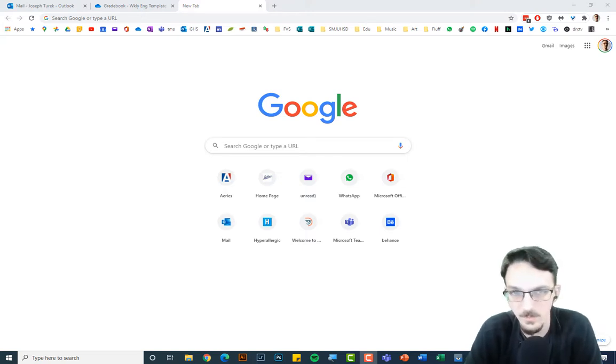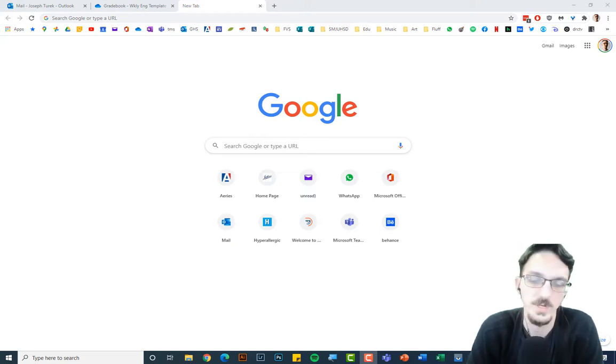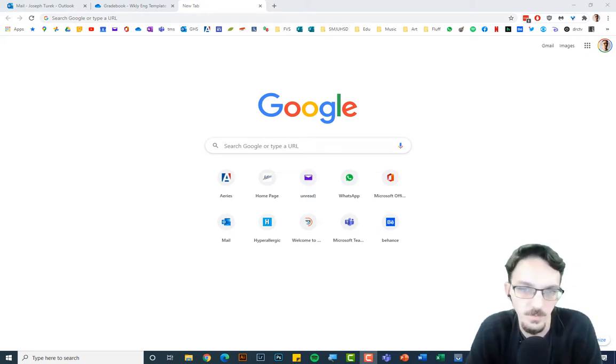Okay, so I'm going to start out with teaching you how to do the browser way, and then I'll show you how to sync a shared folder or file to your computer. So